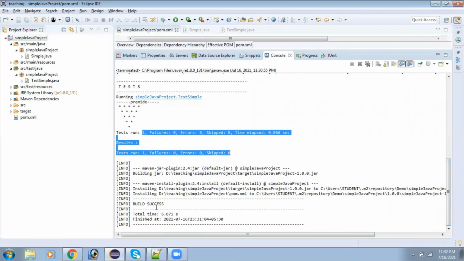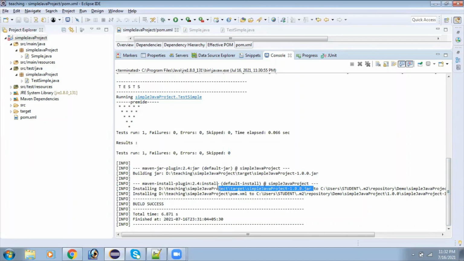Now the build is a success, and the executable jar was put inside the target folder. This is where it installed. Install means it copies the output of our project and puts it in a particular location.